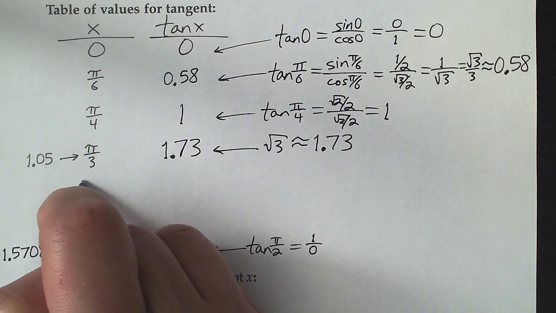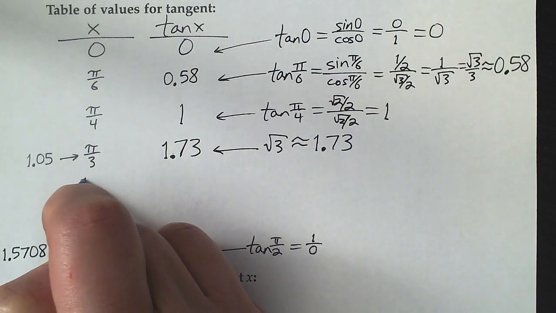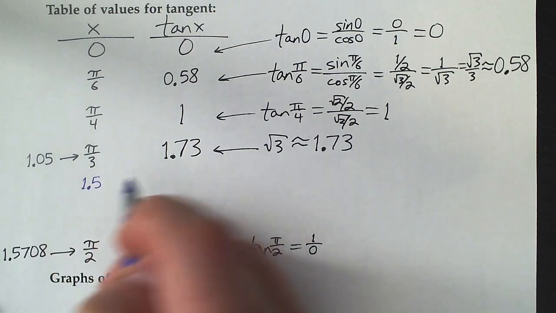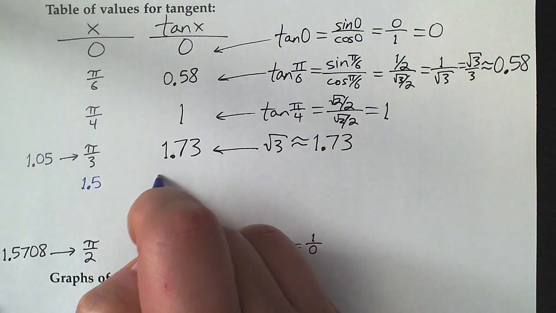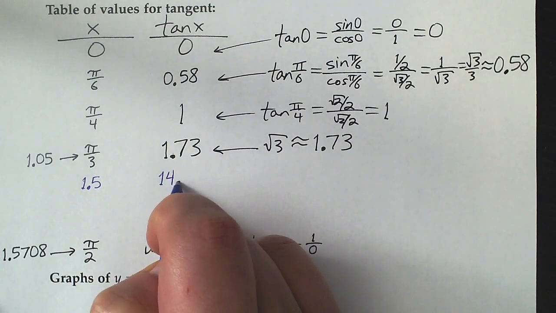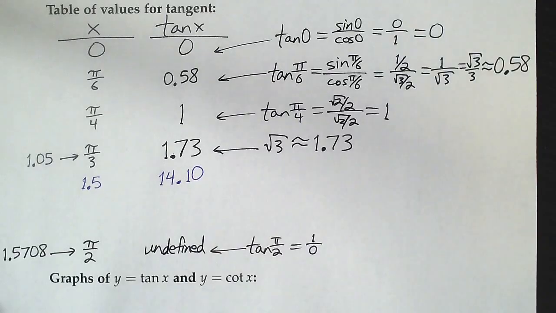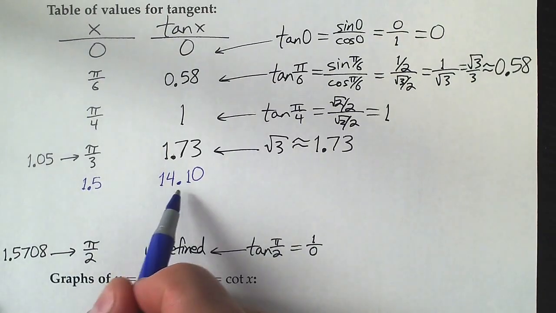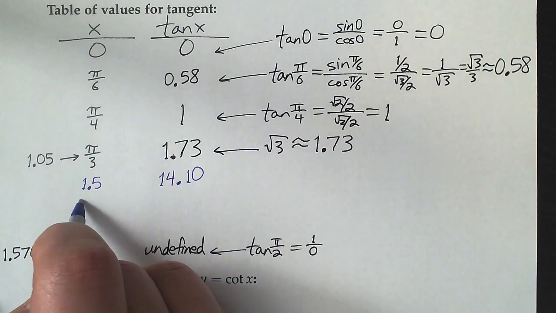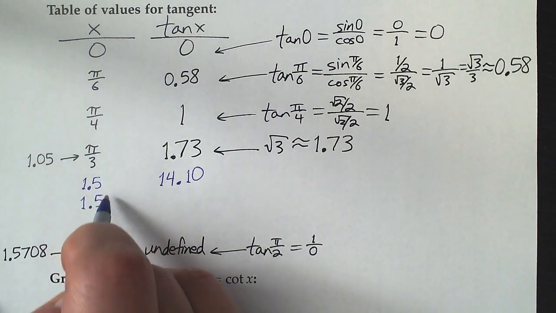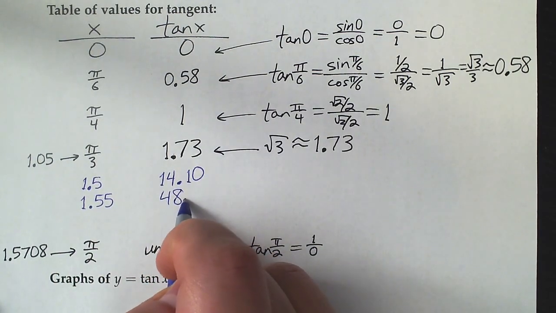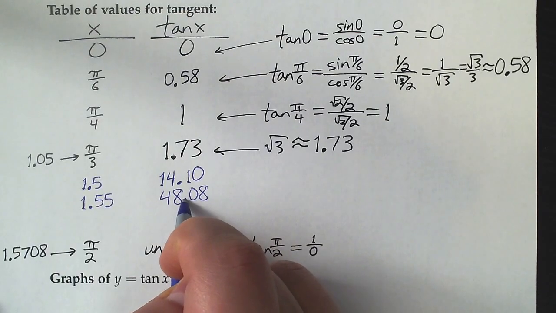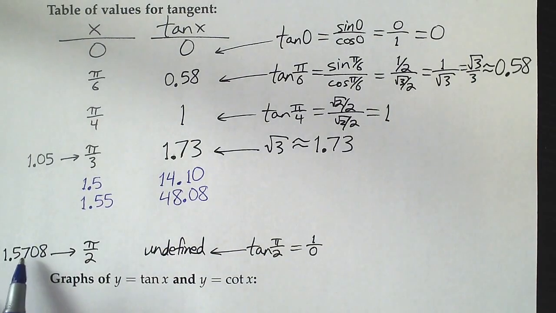So you might get curious and try some points. I tried 1.5, and I got, we're going to do 3 points here. I got, on a calculator, this is around 14.10. So it's getting pretty large. Then I did 1.55. And on a calculator, this got me 48.08. And I thought, well, this one's around